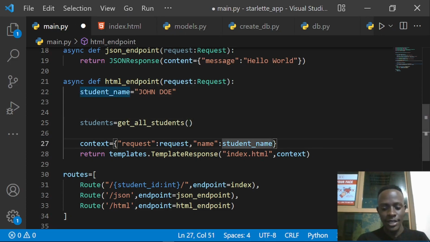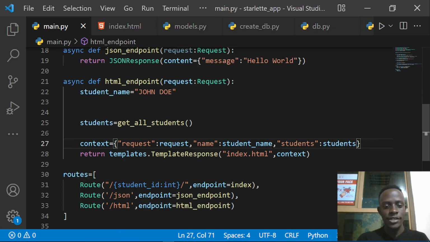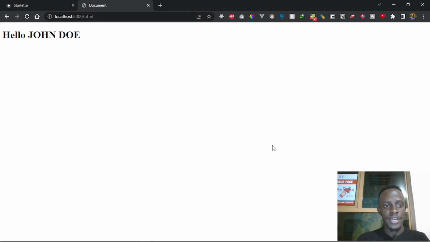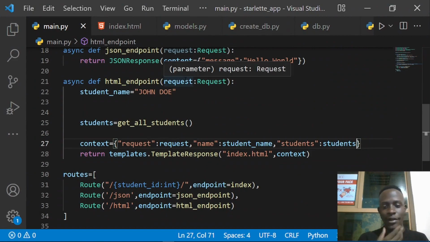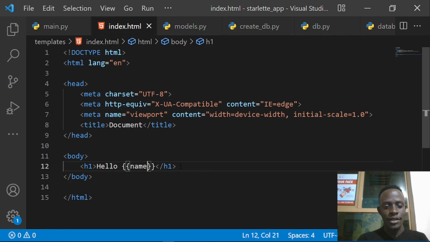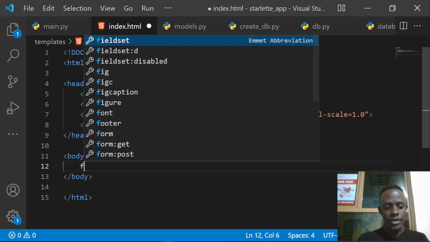So inside here we shall have a key students, and the value will be students. So when I go ahead and save this, when you head back over to our template, I'm going to be looping through all of our students on our template. I'll get rid of some of this, and what I have to do is basically say for